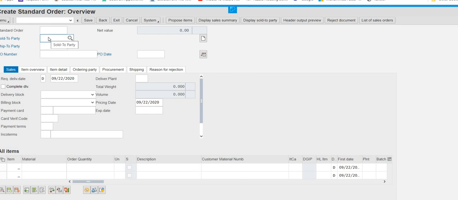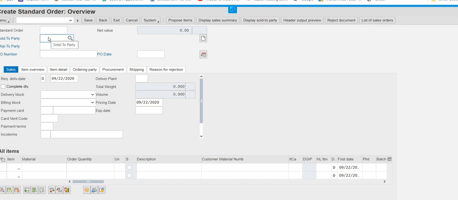In SAP, sold to party means customer. We are going to enter the customer number if we know it. If we don't know, we can search for the customer. As I told you, the exercise gives the details of how you are going to enter them.